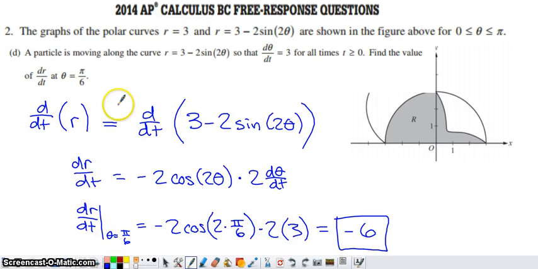If we check out part D of this, it says a particle is moving along that inner curve, and we know that d theta dt is equal to 3 for all times that are positive. We want to find the value of dr dt at theta equals pi by 6. So you've got this relationship between r and theta. If we want to find dr dt, we're going to take the derivative of both sides of this equation